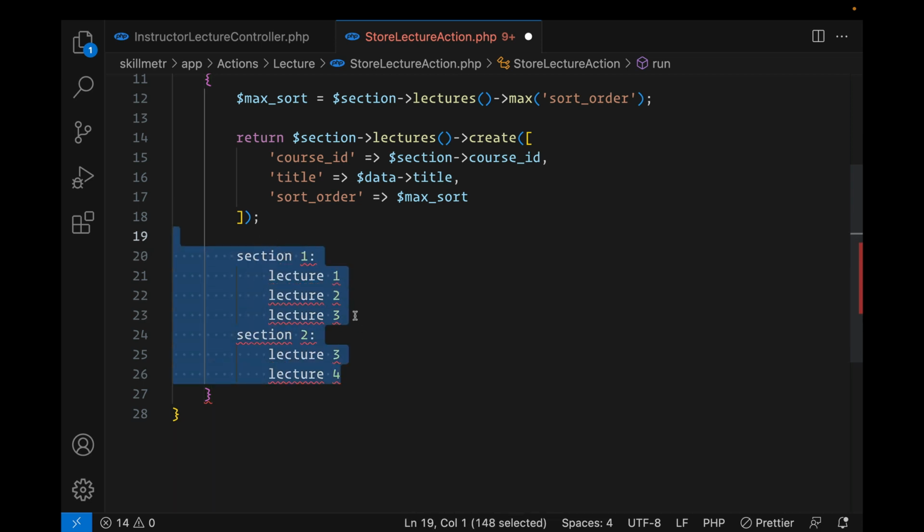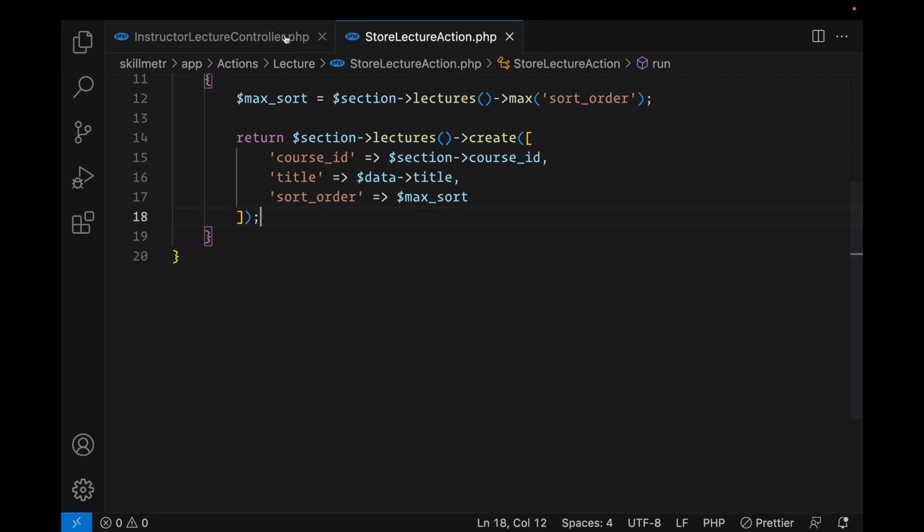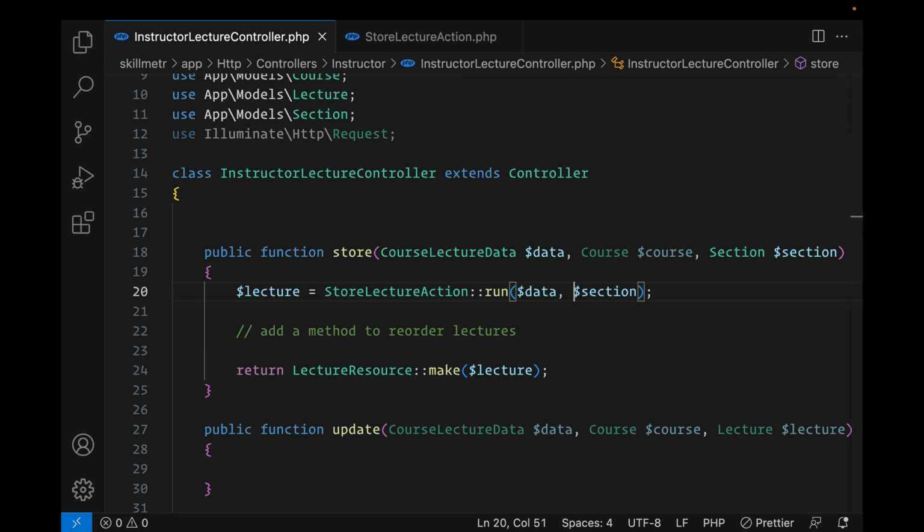But overall, we want to still have something where everything is adjusted with 4 and 5, right? So we want to still have that sequence of ordering for all of our lectures, which is where we are going to create a new method or a new action. After we create the lecture, the new action will be responsible for reordering all the lectures within a particular section. And the reason we are extracting this to a separate action is because we may need this functionality elsewhere. For instance, when we delete a lecture, we might want to reorder all the lessons for that course to follow